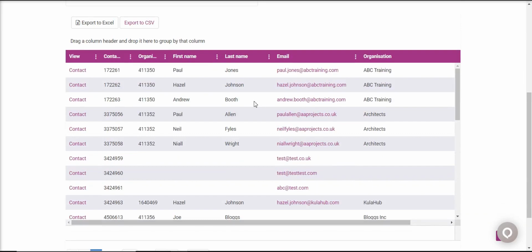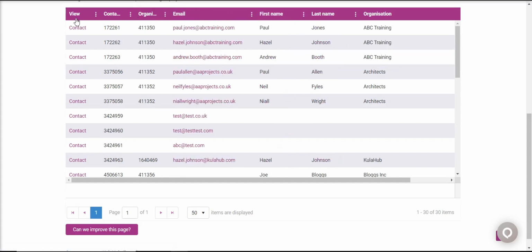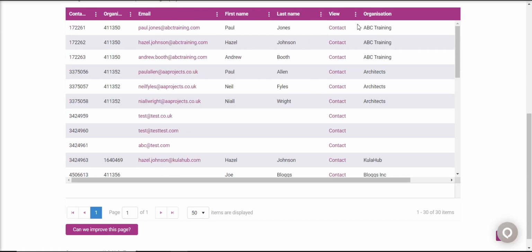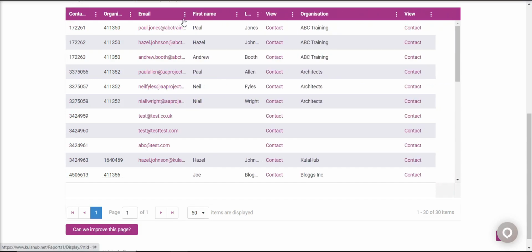So on each of the screens, you get a grid of data that exists within that list you're viewing. At any point at the bottom right, you can see the total number of contacts that exist within that list. The columns in the grid work very similar to Excel, so I can drag these and move them around within the grid itself. I can also change the size of them so that I can fit more on one page